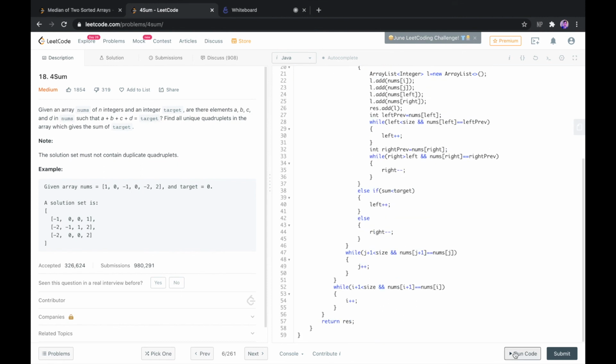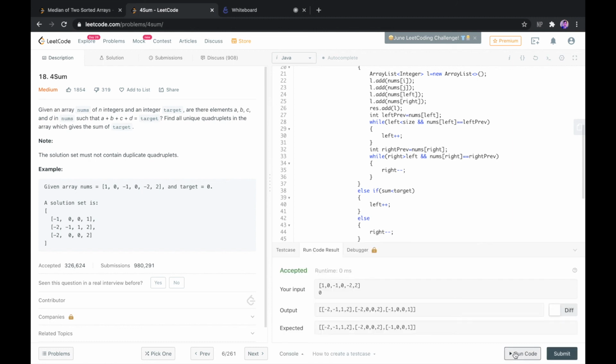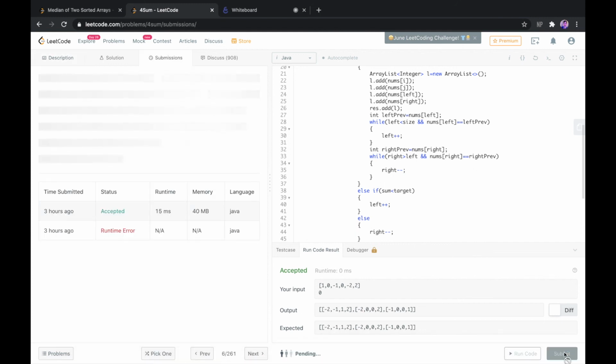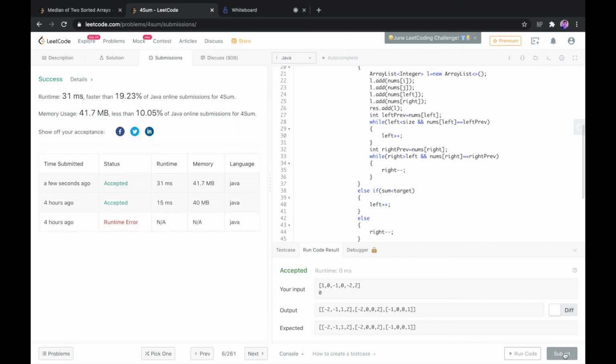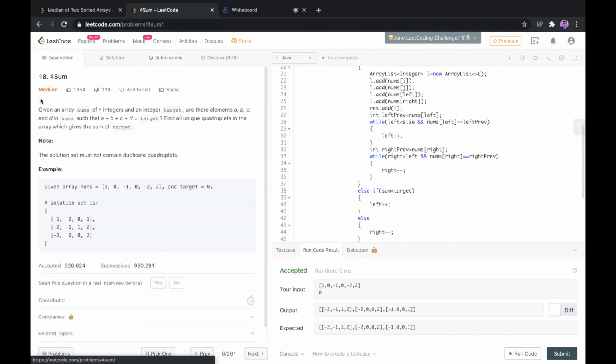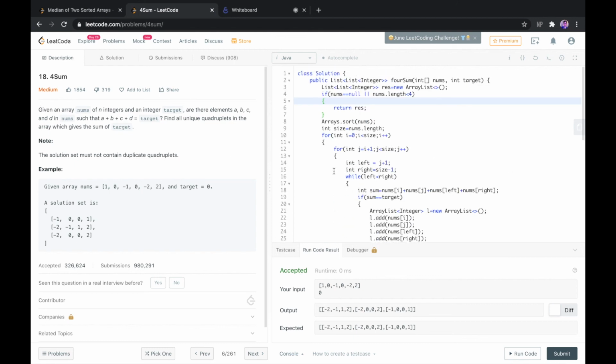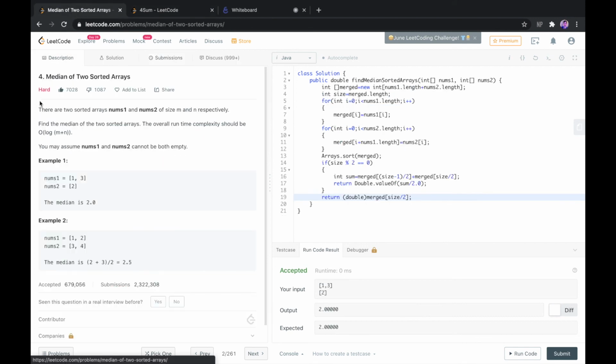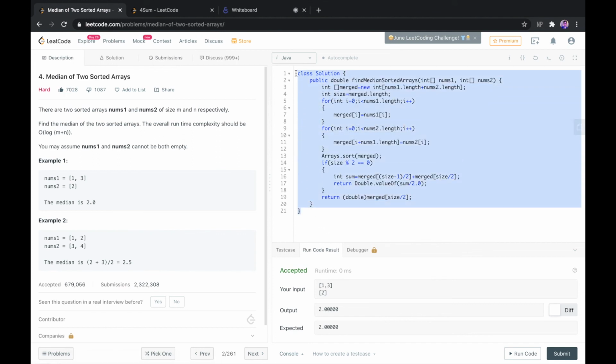Right? Now let's check if the code is running. Yeah, our code got accepted. Let's submit and check the time it took to compute itself. So our code took 31 milliseconds of time. So yeah, this is in my opinion a much difficult question to code. It's not difficult, but it is pretty long and we have to code a lot for this question. But it's a medium level question. However, the one we did before was a hard level problem and it did not require much computation.